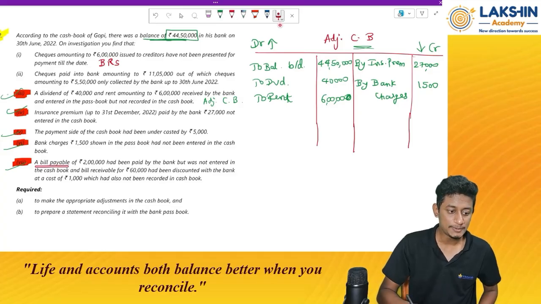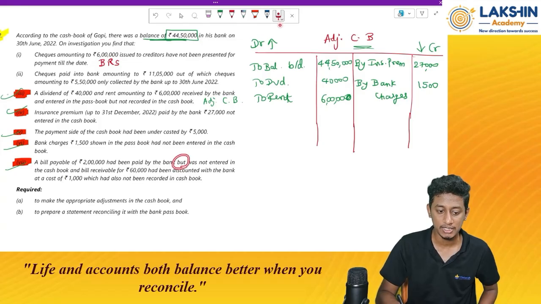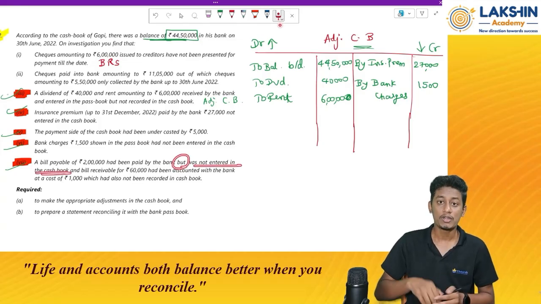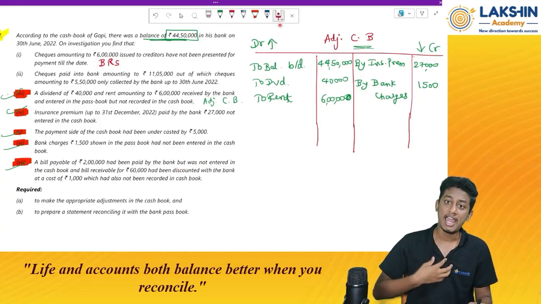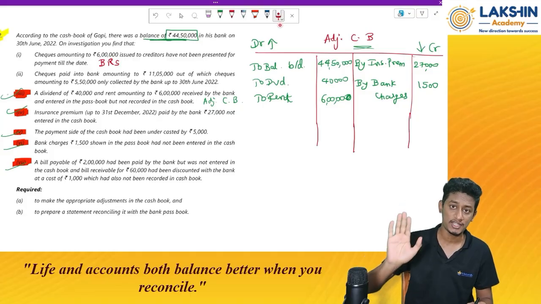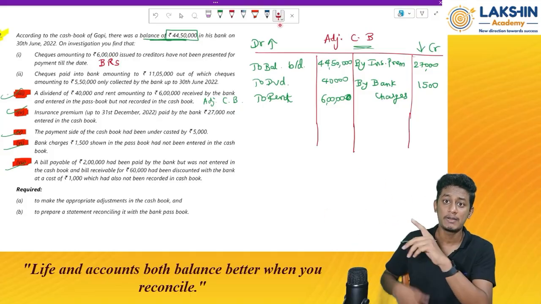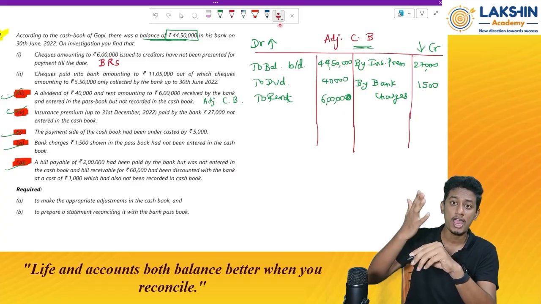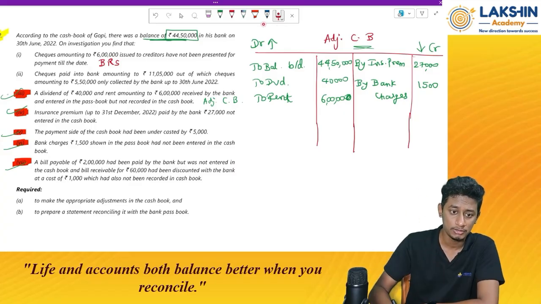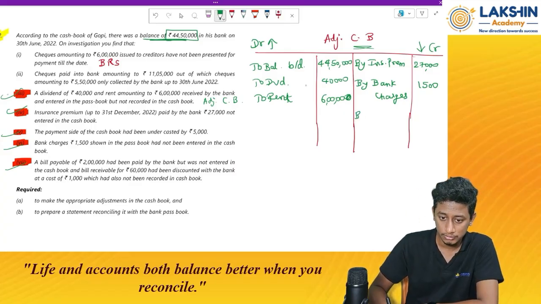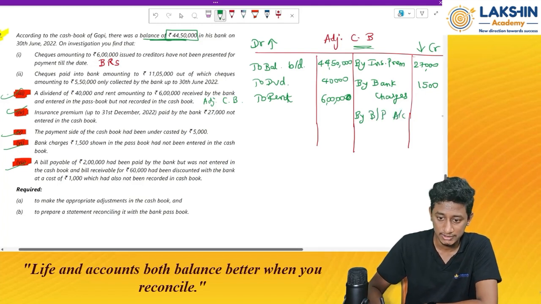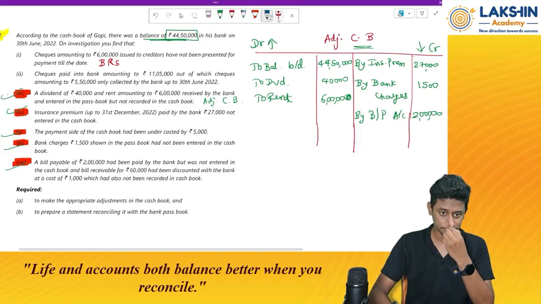Last one, bills payable rupees 2 lakh had been paid by the bank, but was not entered in the cash book. So what is bills payable? Bills payable means I am supposed to pay someone towards a bill of exchange. So bank has made the payment, but have I entered it in the cash book? No, I have not entered it in the cash book. So make an entry now. So by bills payable account, how much? Rupees 2 lakh. Okay. Then